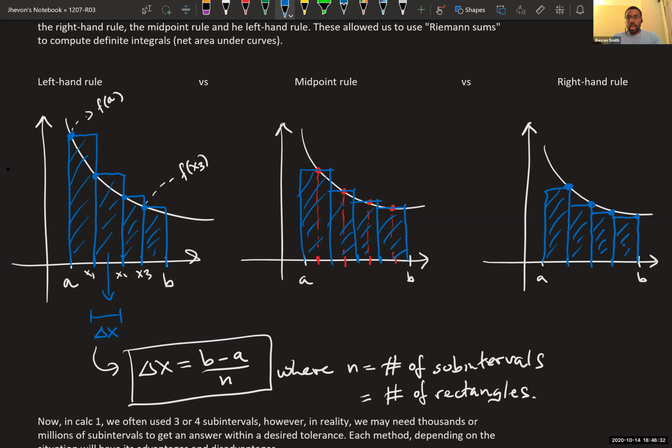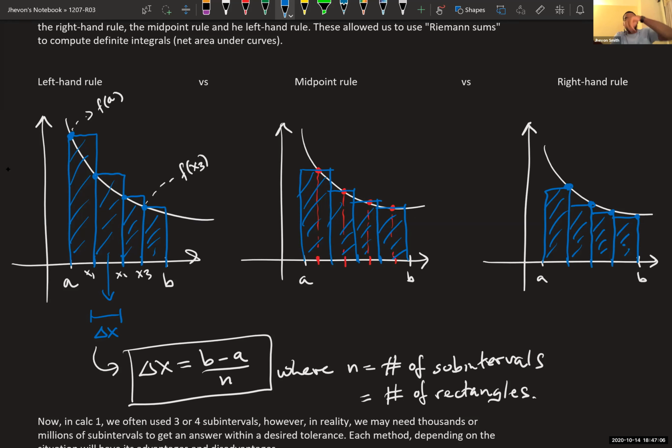And we learned a lot of important concepts, for example, when our function is decreasing, it should be obvious from these pictures that I drew that the left hand is going to give you an overestimate for the area, because the area of the rectangles will always be larger. The right hand would give you an obvious underestimate for the area. And the midpoint was meant to be a middle ground between these two, because on one side I get the overestimate, while on the other side I get an underestimate, and this balances out easier. The reverse of all that is true if the function was increasing.